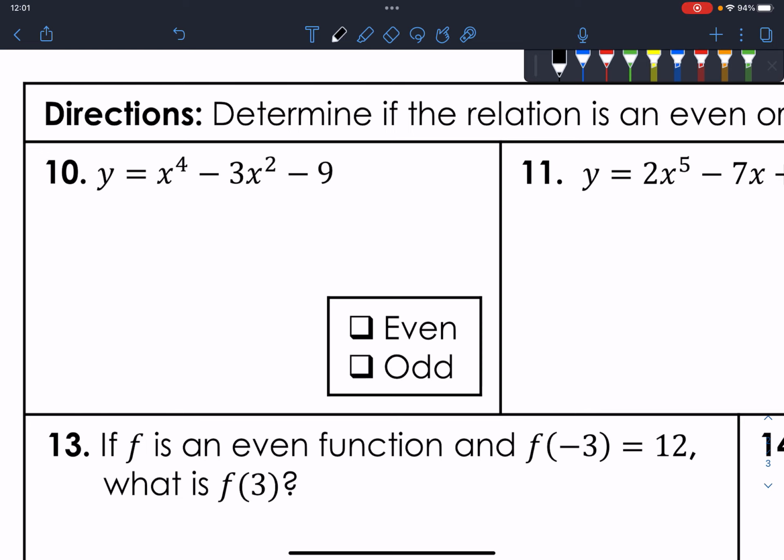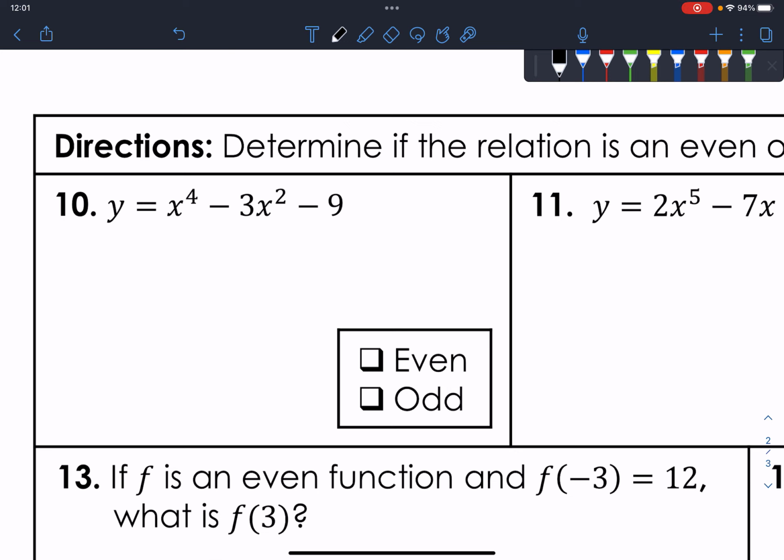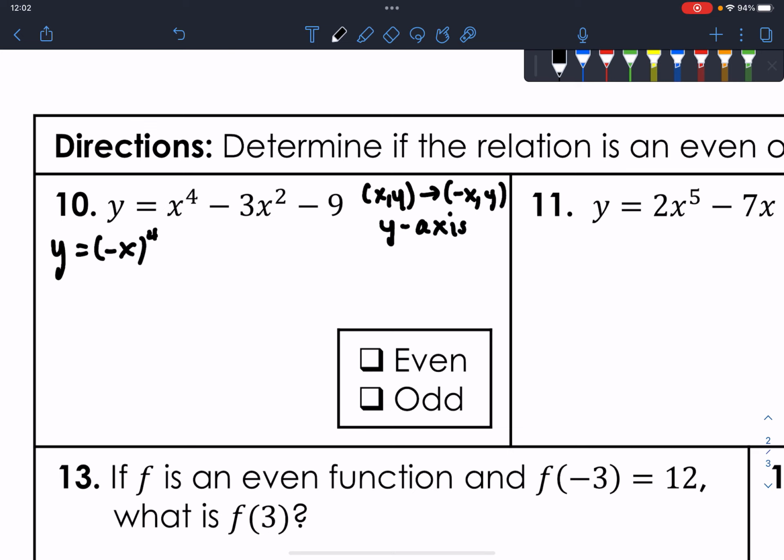If a function is even, then that implies that for every x and y value, the negative x is going to have the exact same y value. In other words, it's going to be symmetrical across the y-axis. That's what it means for a function to be even. So let's just check that out first. If this thing is going to be even, then it's going to be symmetrical to the y-axis. So if I have my x's become a negative,